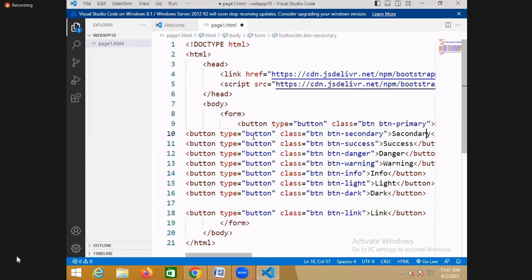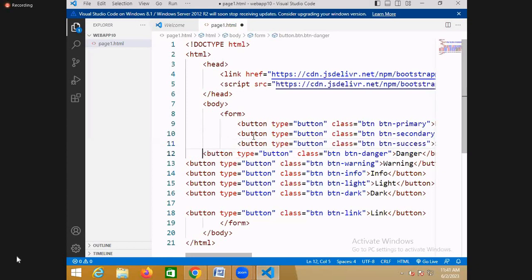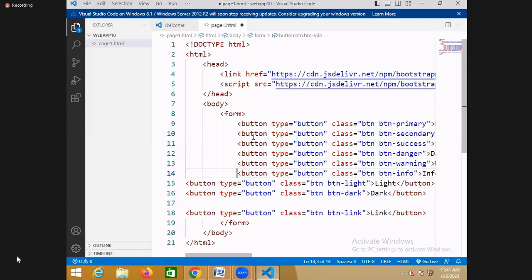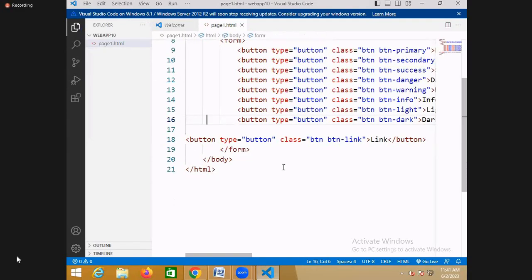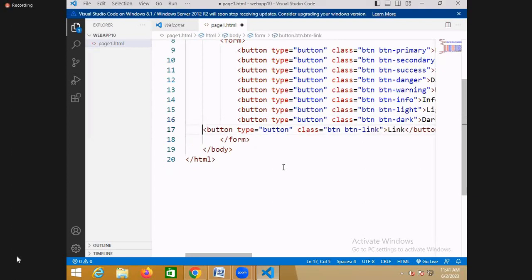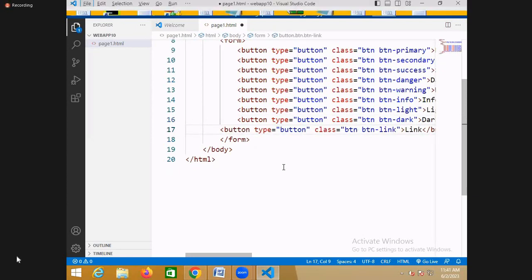But have you created any class selector here? No. You have not created any class selectors, but we try to use existing class selectors, which are provided by Bootstrap. Which are provided by which one? Bootstrap here, right? So there is a link button like this. So once you run this code,